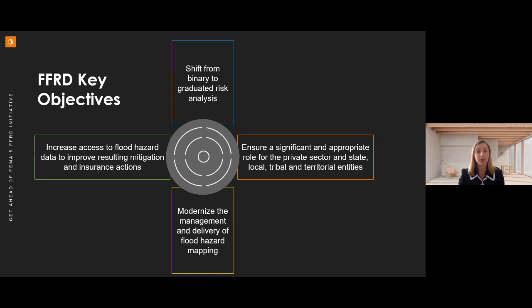So the private sector, state, local, tribal, and territorial entities would assist in the development and deployment of these tools so that they're more involved. And the updated, easily accessible flood hazard data will better inform stakeholders for effective decision support, ultimately improving mitigation and insurance actions.